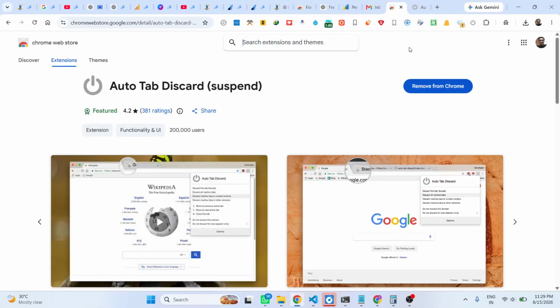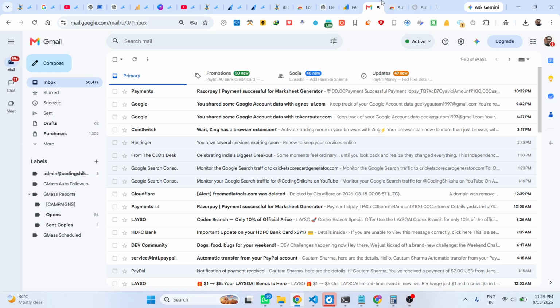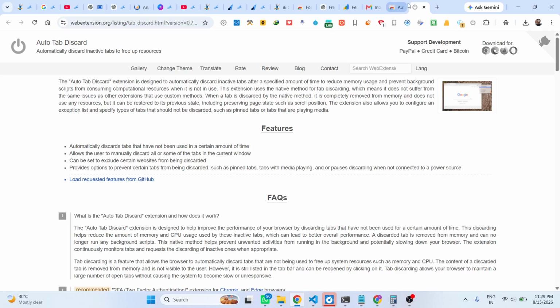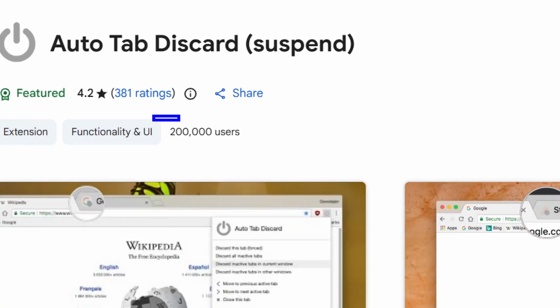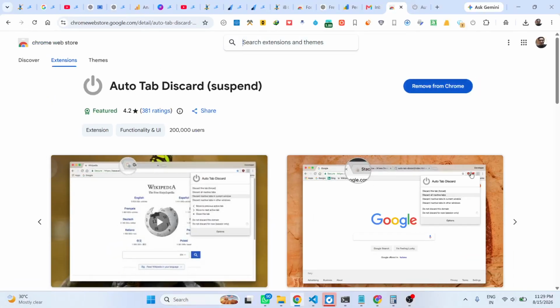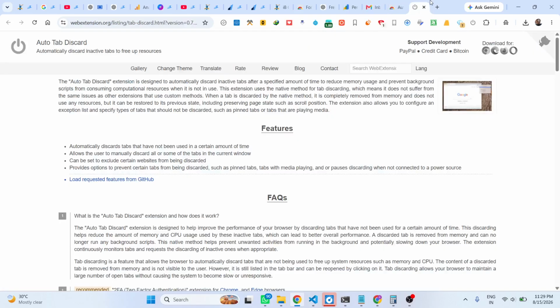By installing this extension, I am seeing a positive effect on my Google Chrome performance. The speed is also increased when I have multiple tabs open. So this extension really helps me a lot. Definitely install this. It has almost 2000 users installing this extension. If you want to improve performance and suspend the memory usage by other tabs in the background, simply install this extension